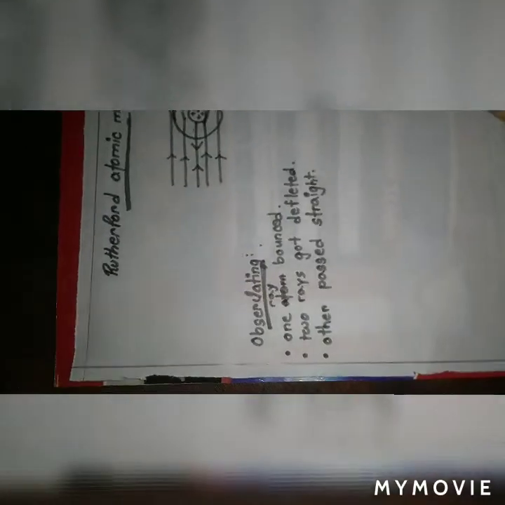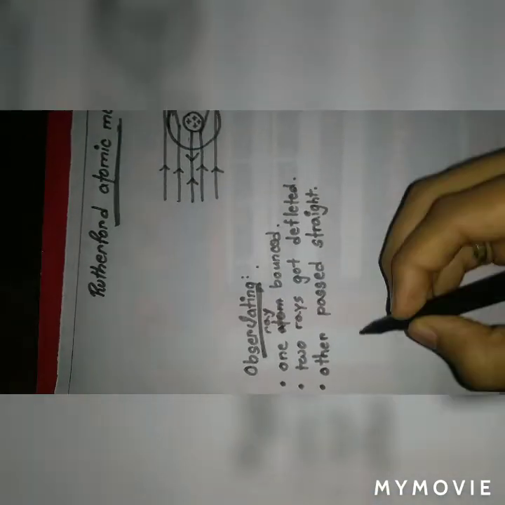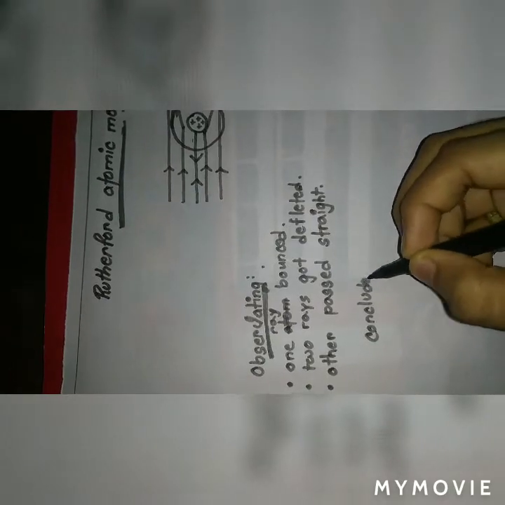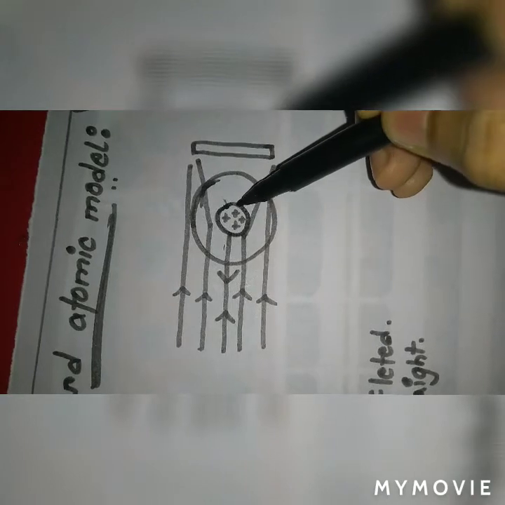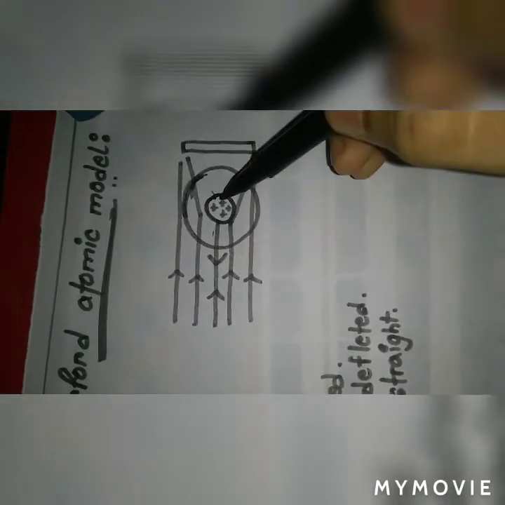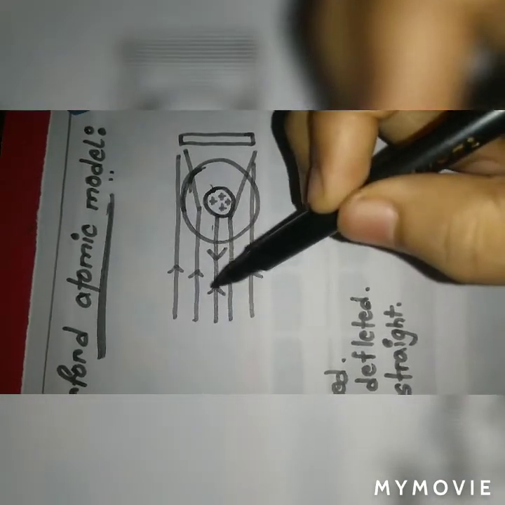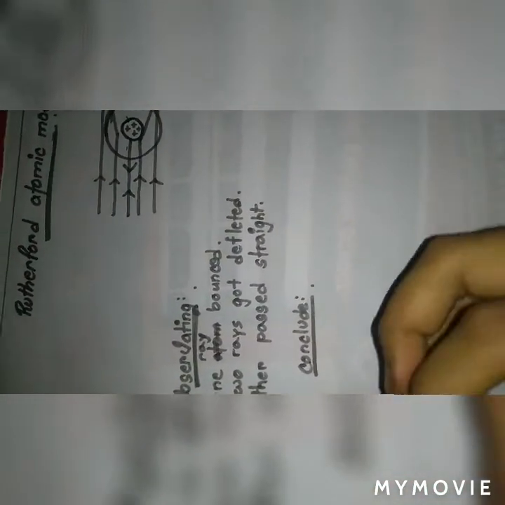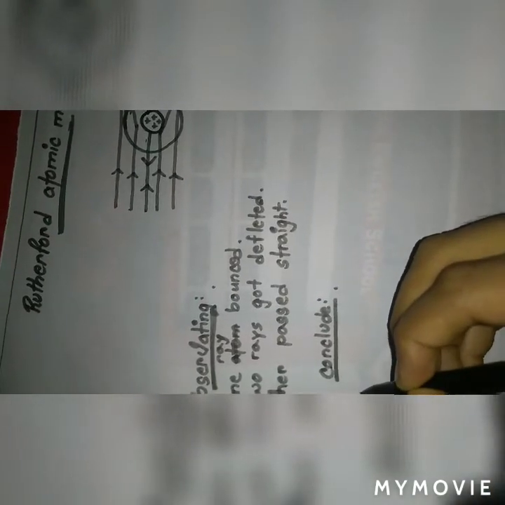So from this experiment he observed these three things and he concluded that there is something positive and tiny inside this atom. That is why only one ray bounced back, two rays got slightly deflected, but the other rays went straight. So from the conclusion he concluded